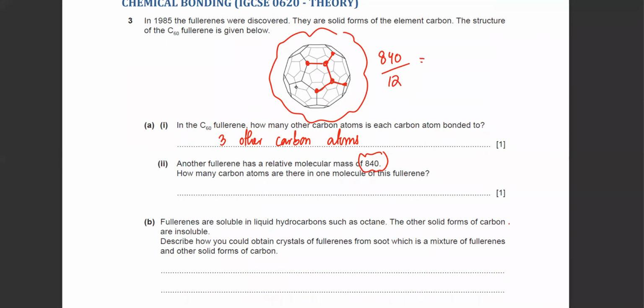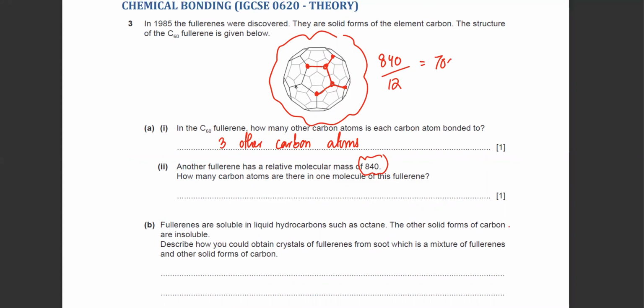What do you get? Anyone? Any idea? 70. 70, exactly 70, right? So it's exactly 70 carbon atoms. So that's it. The next question is,